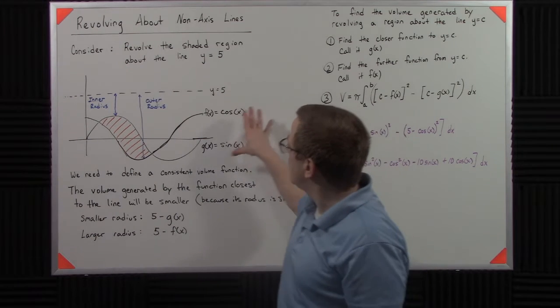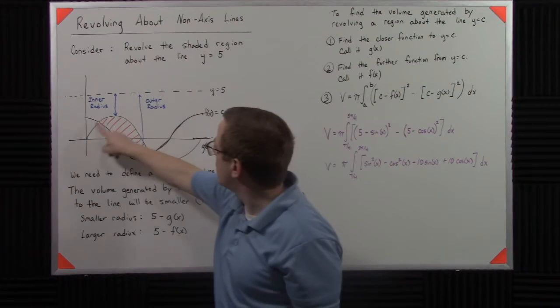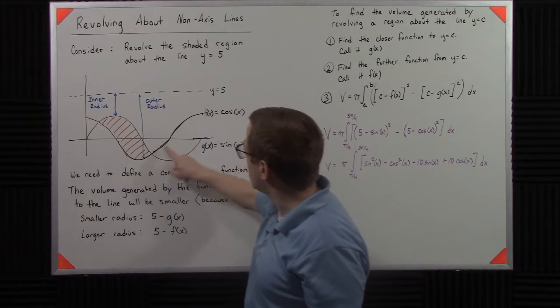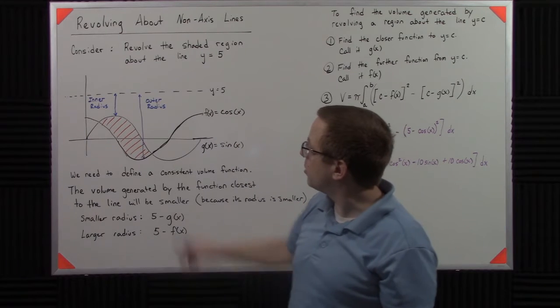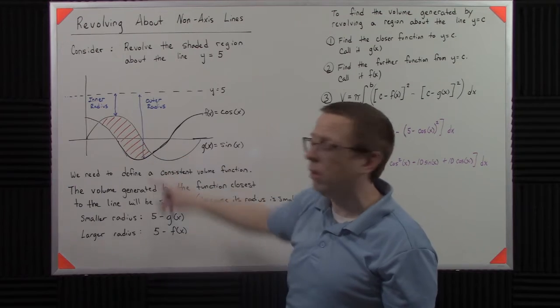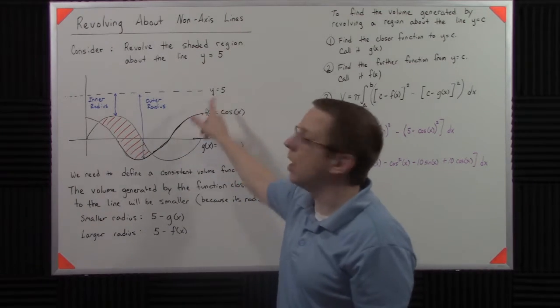So in this case, I have two functions. I have sine of x and cosine of x. So sine of x is doing this. I probably should have written these in different colors. Cosine of x is doing this. Hopefully you kind of recognize sine and cosine. This is a pretty terrible cosine. Anyway, there's this orange region, and we want to revolve it around the line y equals